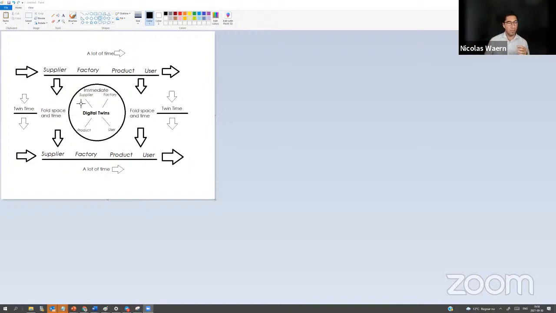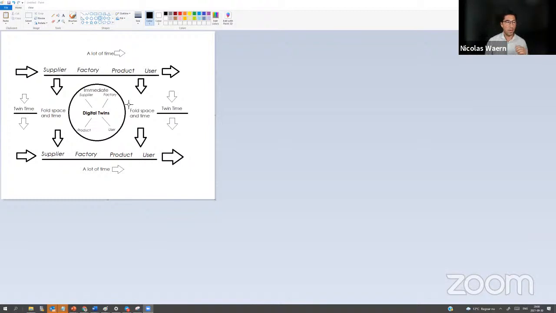And then you have interactions between people from the supplier, the factory, the product, as well as the user. So they can go in there and look at the data that is being fed to the digital twin in real time to take these decisions that otherwise would take forever. For the supplier to understand what should we do better? Or for the factory, what should we do better? Because the user experiences something that is not great, so they have to go back to the R&D organization, the supplier, the factory, the product, etc.